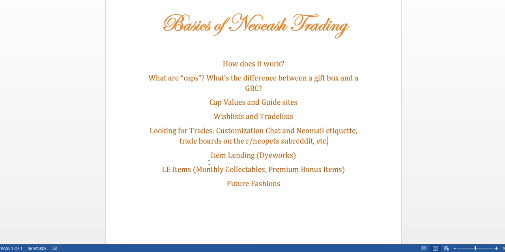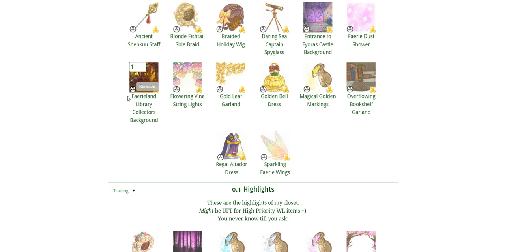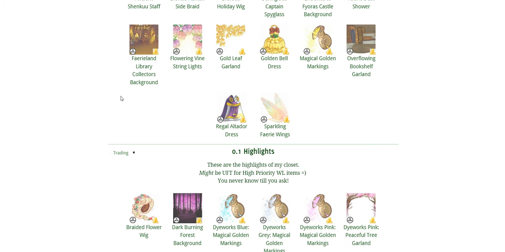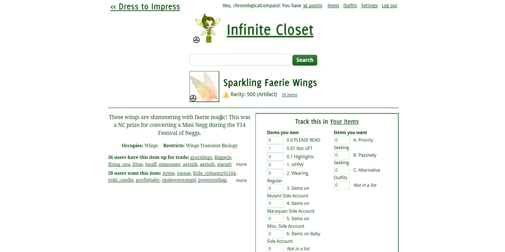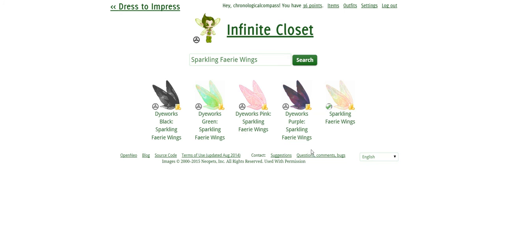Another thing to talk about is item lending. There's something called Dyeworks, and it basically takes an item and changes it into different colors. Not all items can do this, but some items can. For example, let's look at the sparkling fairy wings. If you type it into here, you'll see that Dyeworks has done several different color renditions of these fairy